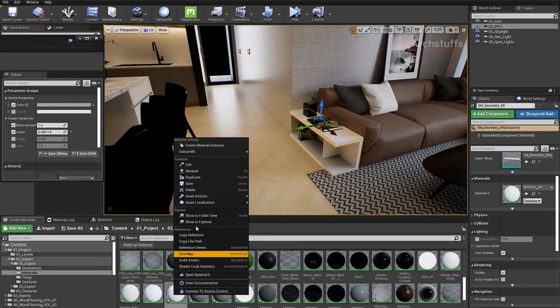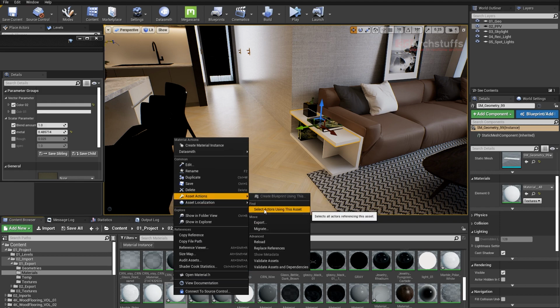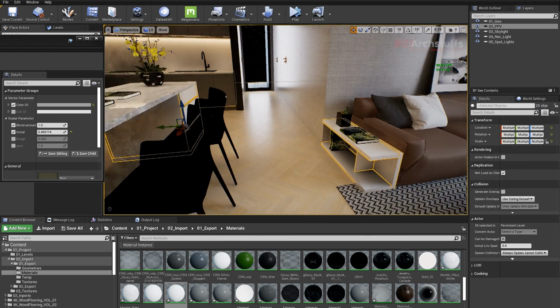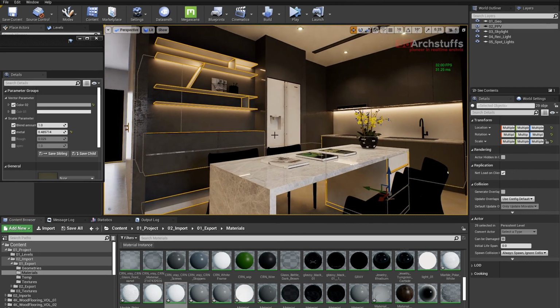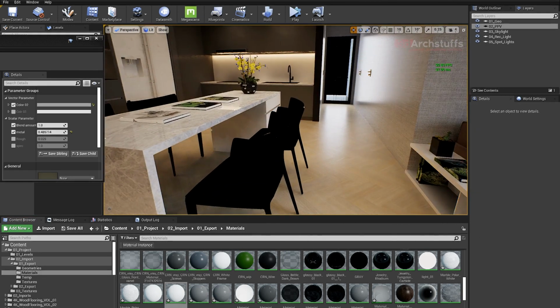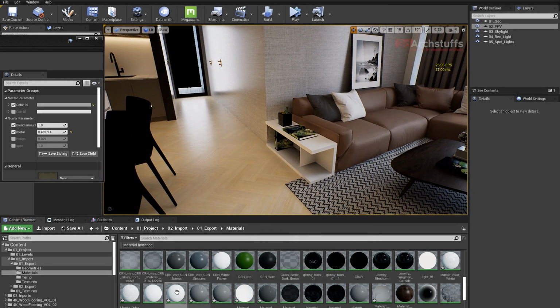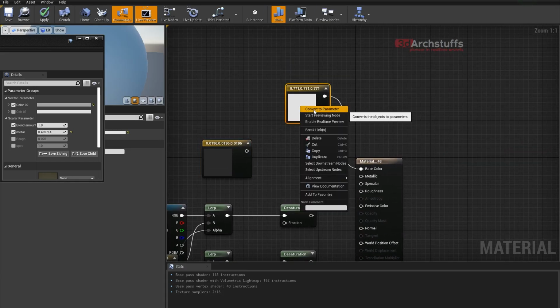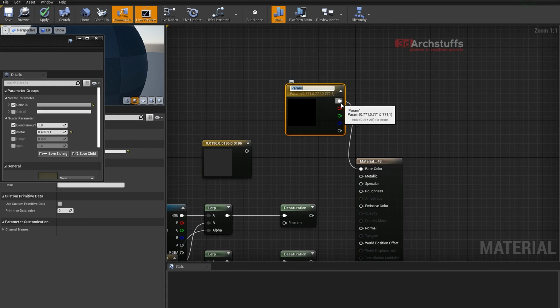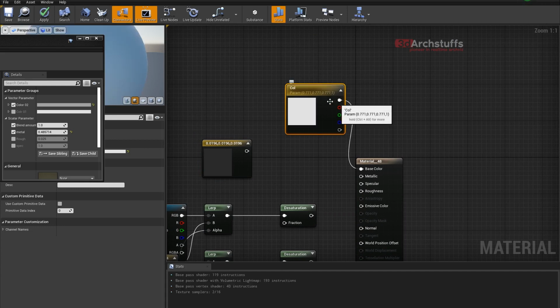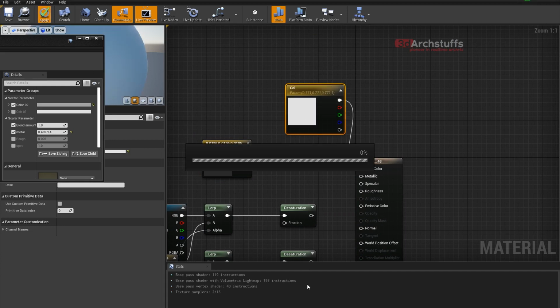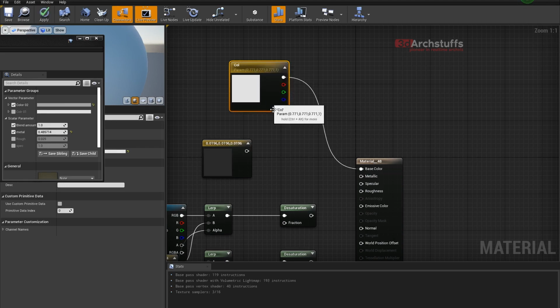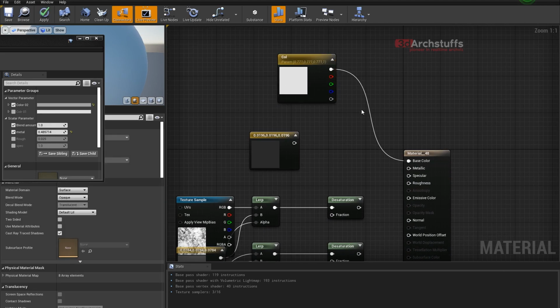Let's browse it, right click and then select action and select actor using this asset. So lots of objects are using this asset, right? So let's configure it a little bit so that we can control it. So let's make it control to parameter and then color, apply, and then go ahead and apply a